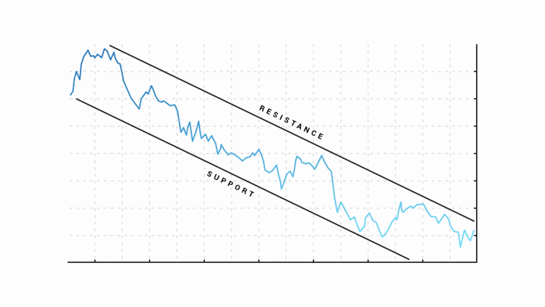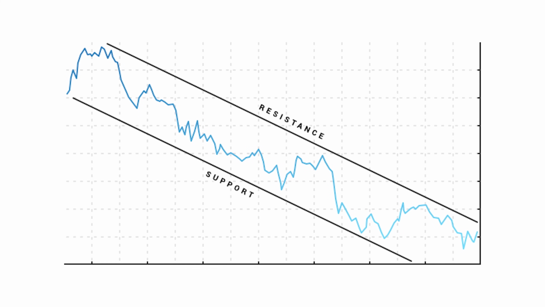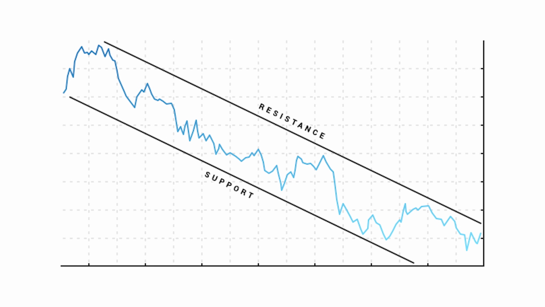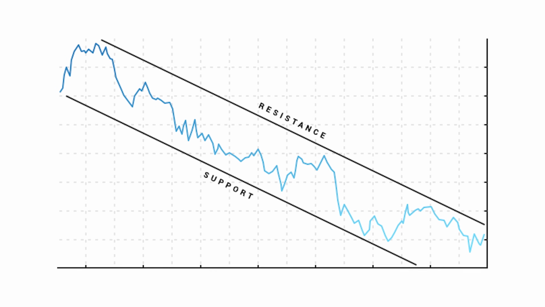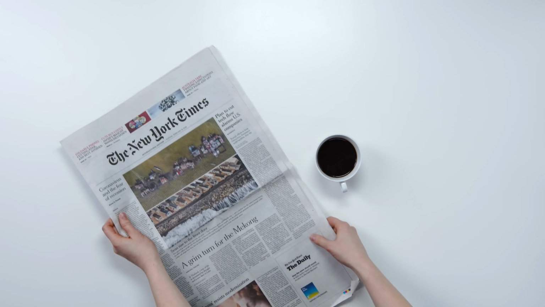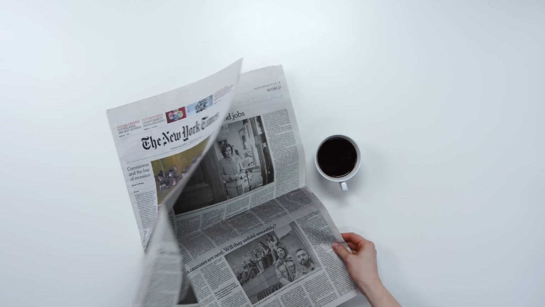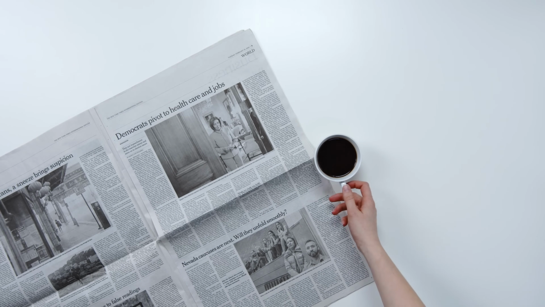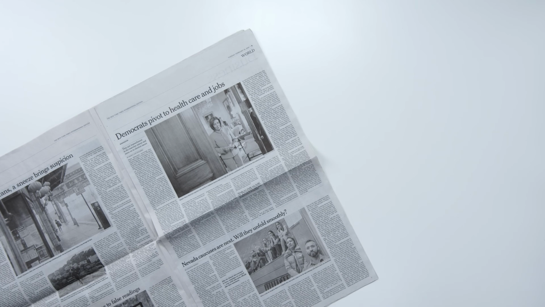So again, they buy low, they sell high at a consistent pace. So they use two lines called the resistance and support for their analysis. So they won't go below the support line or above the resistance line when they want to buy or sell. With volume as well, you might notice that the price of something has dropped and a bunch of people are buying in or selling. While for fundamental analysis, they use news articles, what's going on in the world, news on interest rates, anything and everything that they find that might affect the price of a currency.